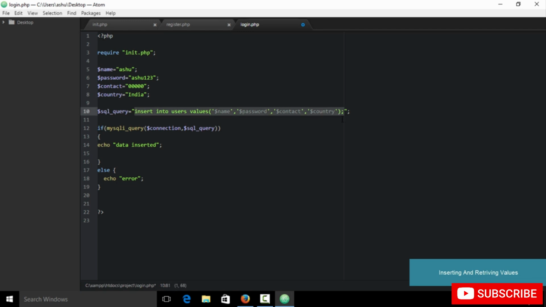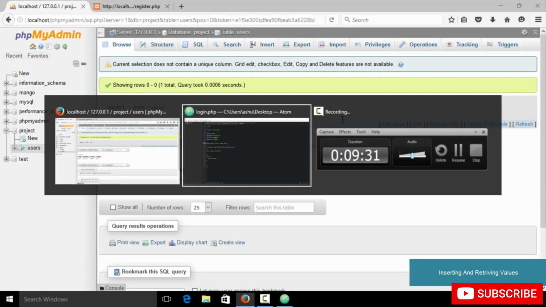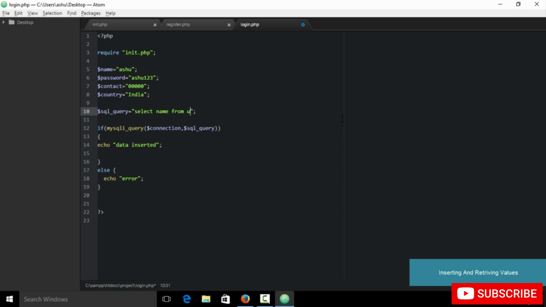For checking if the value is present, we use a query called select. So we type select, and the name of the element we want to select here is, let's say, name. We select name from, and then we type in the name of the table we want to search, which is users. So we type select name from users where. Where is a keyword used to specify a condition. So from users where name is like